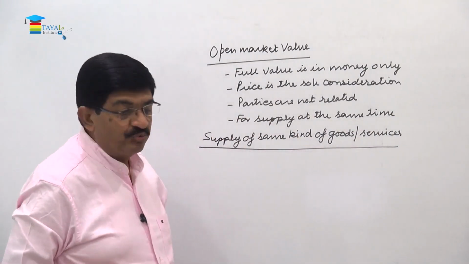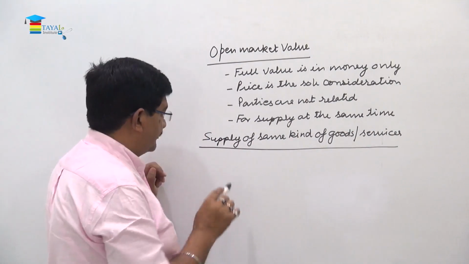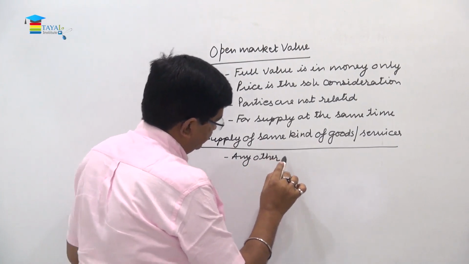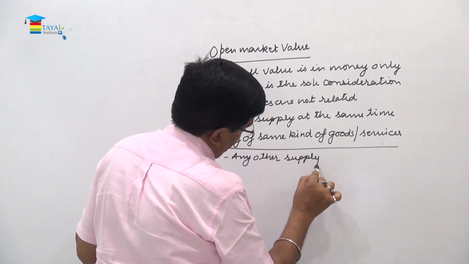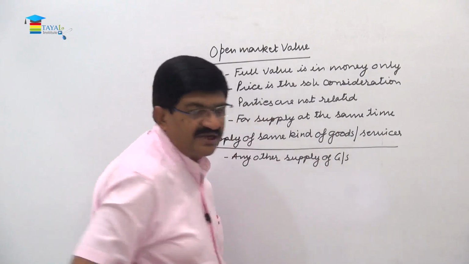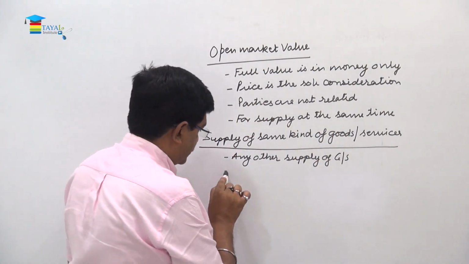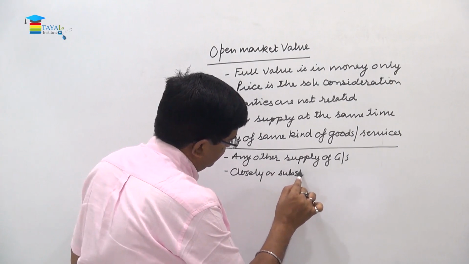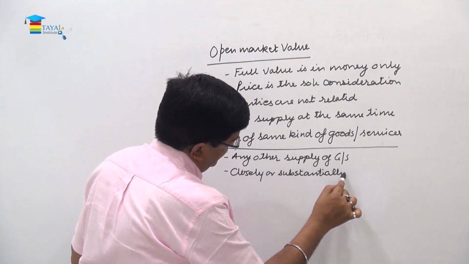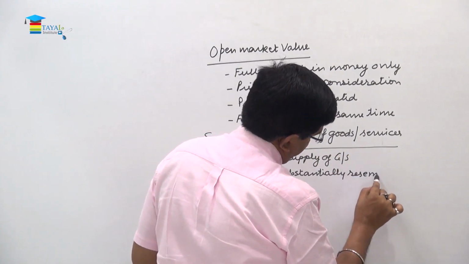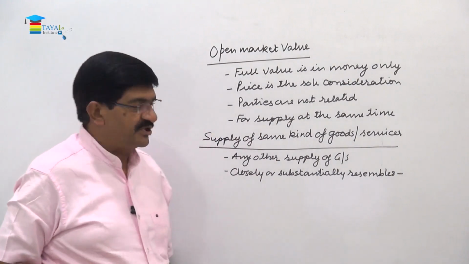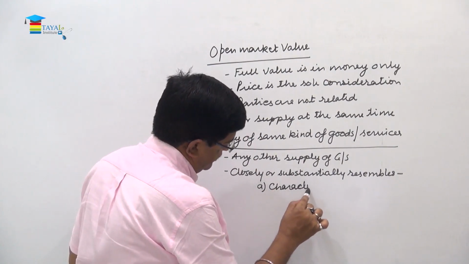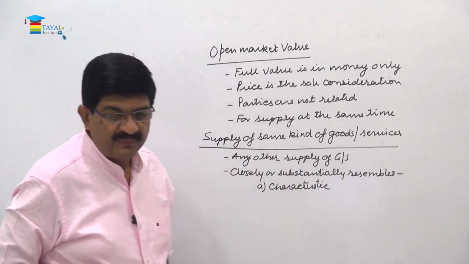So when the supply is said to be of the same kind of goods and services, first of all, this is any other supply of goods or services, but those closely or substantially resemble, number A, in characteristic, number B,